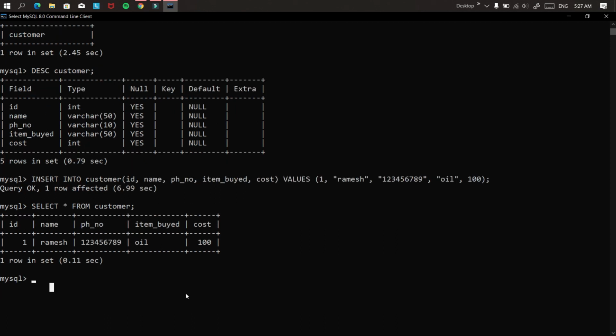Now if you wanted to insert multiple data in your table, then we will enter all the values separated by commas. Let me show you with an example.